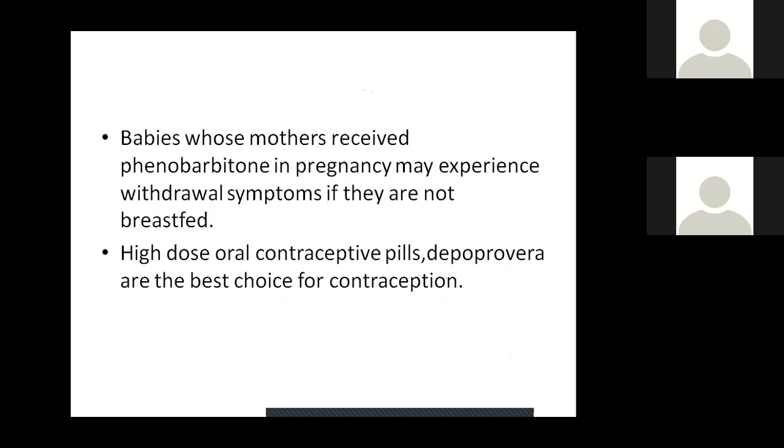High dose oral contraceptive pills and Depo-Provera are the best choice of contraception. If the mother remains stable postnatally, then we should give contraceptive advice so that she can continue with the anti-epileptic drugs postnatally. But patients who are taking anti-epileptic drugs require a higher dose of the oral contraceptive. The best choice is the Depo-Provera intramuscular injection every 3 months for contraception, so that she can continue her anti-epileptic drugs and enter the next pregnancy once her